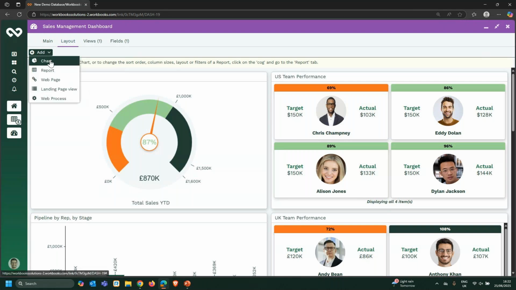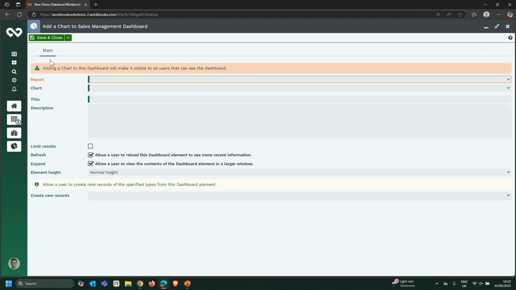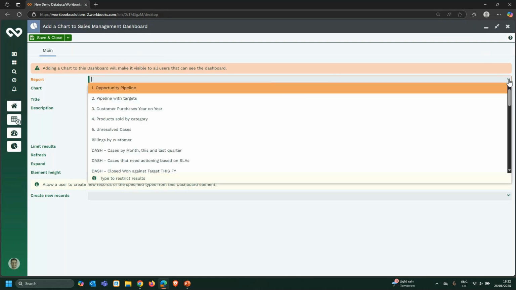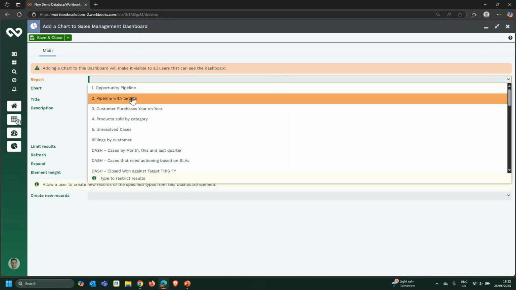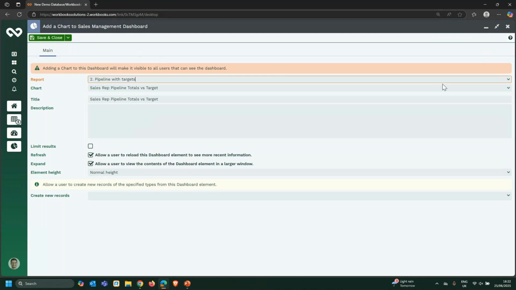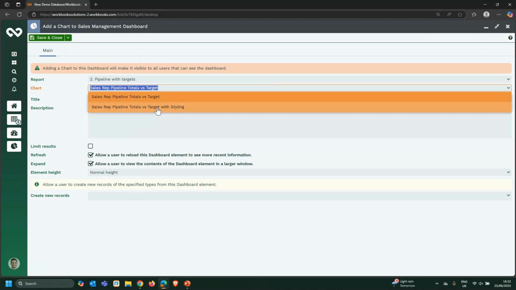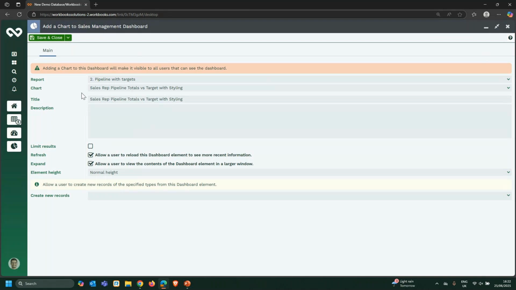I want to display a chart, and it will open this new window up for me. I will select my report, and if I remember correctly, pipeline with targets is the report which contained the bar chart with targets. I will note that only reports with charts will be listed here. So I'll select that one, and I want the one with styling. So if I save and close,